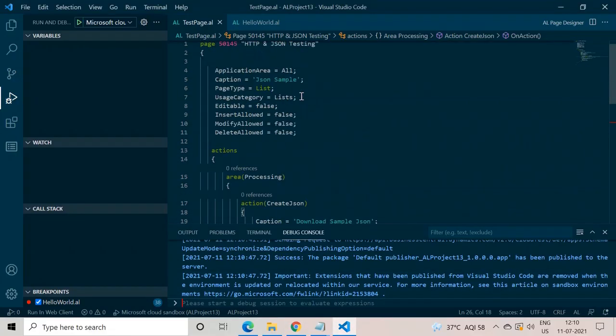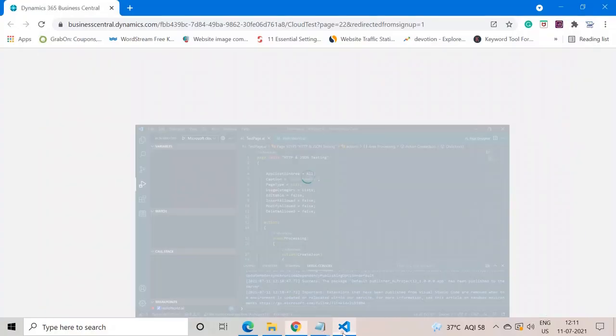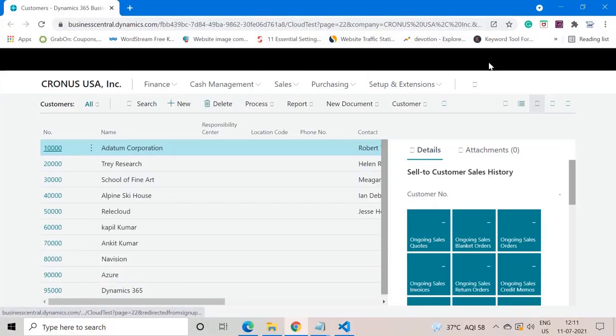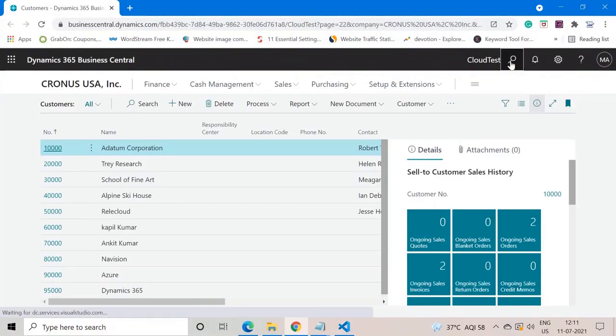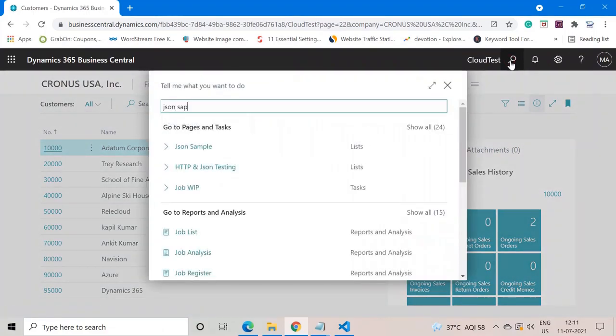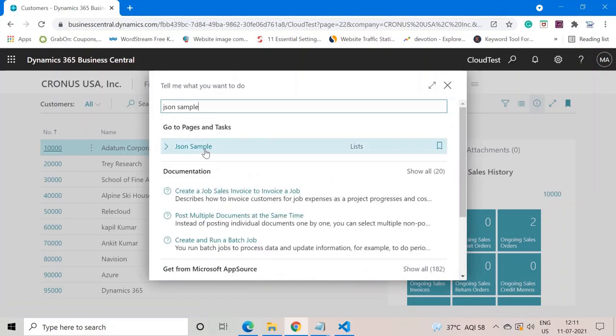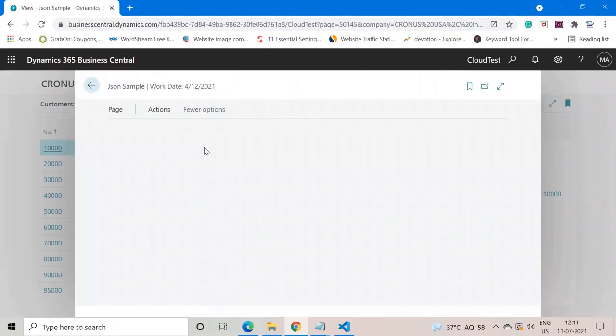As we can see, the caption which I have added for my page is JSON sample. So we will find our page with this caption, JSON sample. Here it is, my page. Click on it, and as you can see, it's a completely blank page and it does not have any field available.